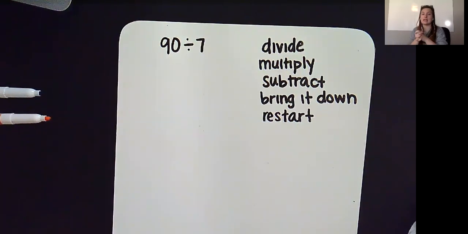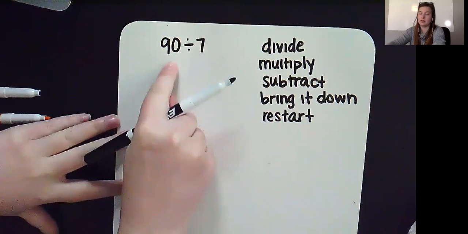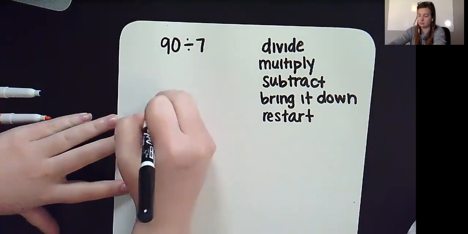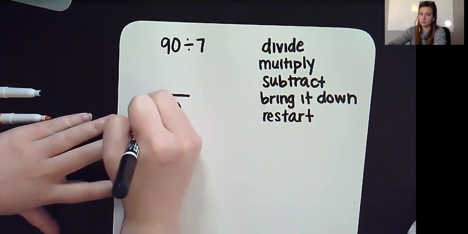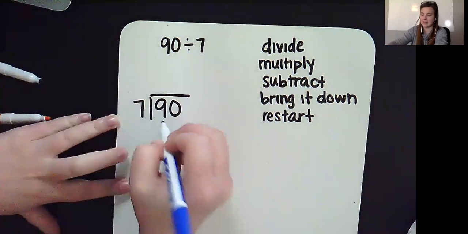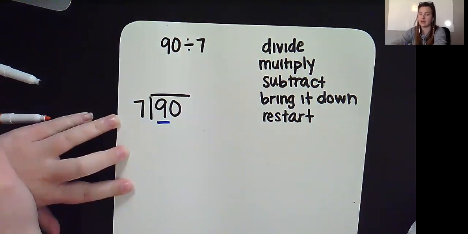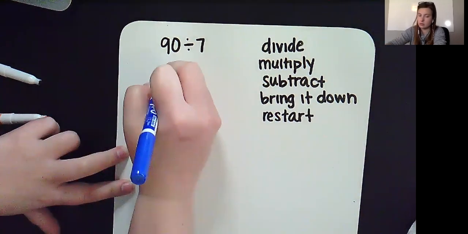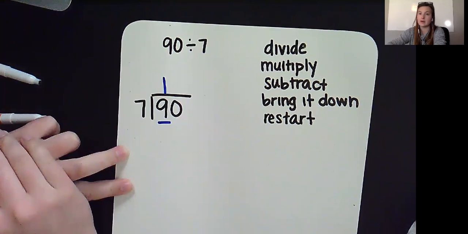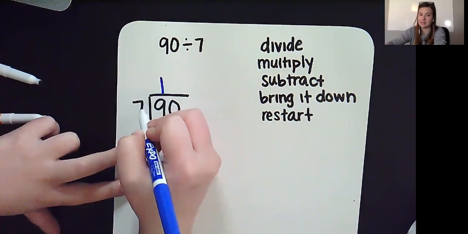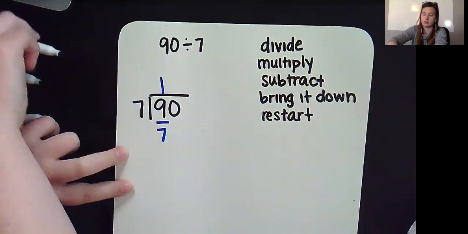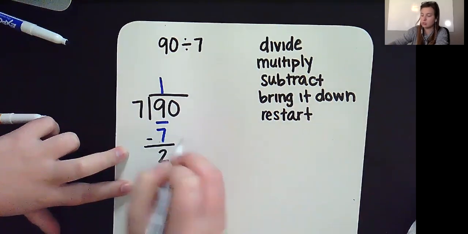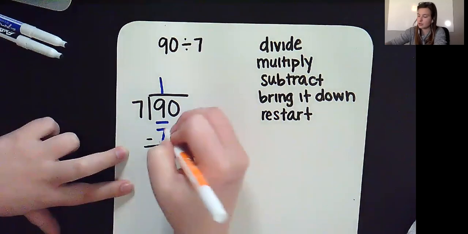So now we have 90 divided by 7. 90 goes inside, 7 goes on the outside. Start with 1 digit at a time and divide. If I have 9 bananas, how many groups of 7 can I make? 1. Now we're going to multiply. 1 times 7 is 7. We will subtract and get 2. Bring it down